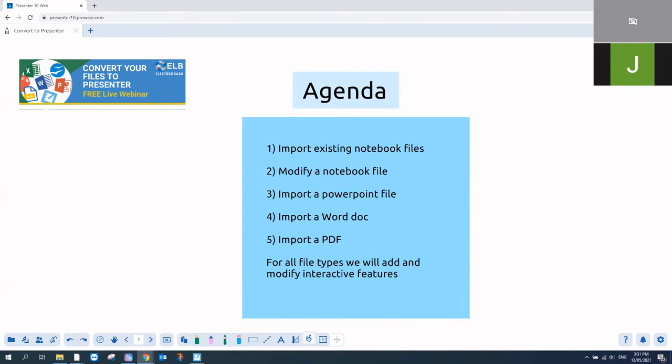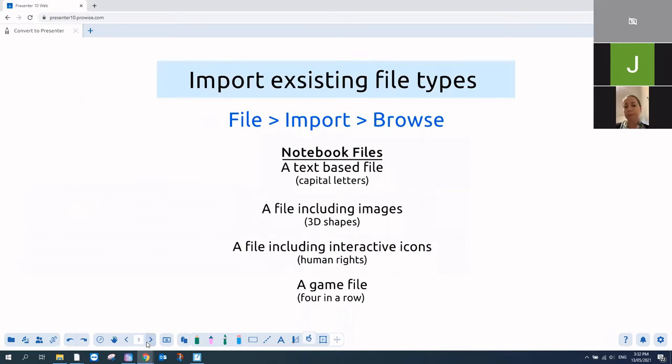And there are different files that you can import. So we'll be looking at Notebook, PowerPoint, Word docs and PDFs. So just a reminder, if any questions, just pop them again into the chat. So the first thing we're going to look at today is importing any existing notebook files